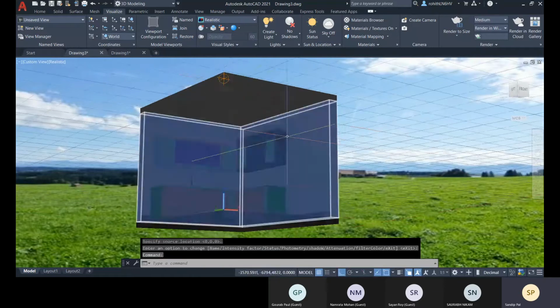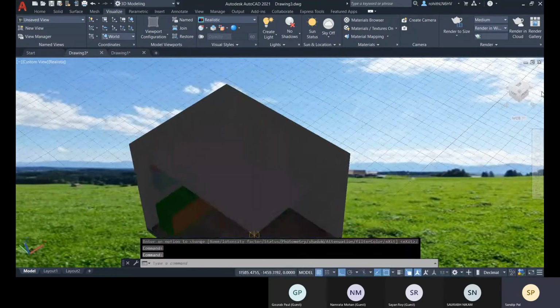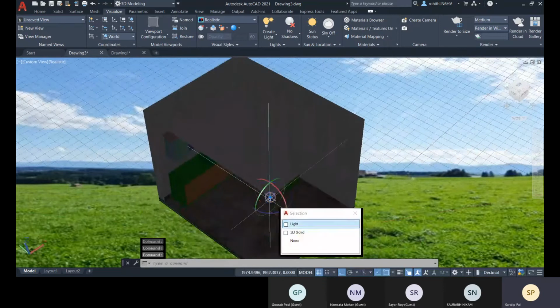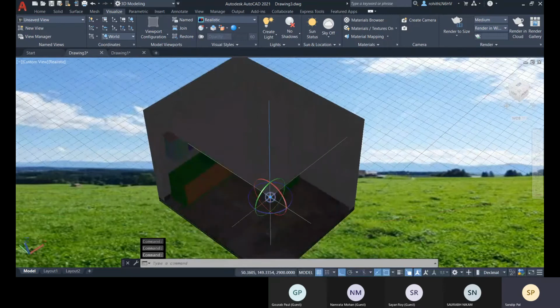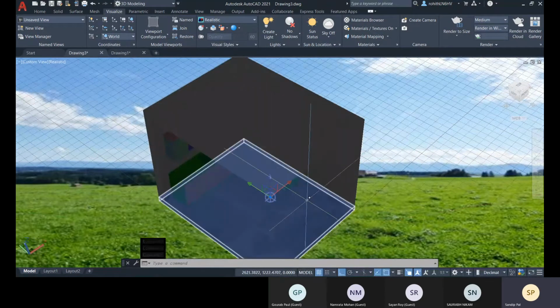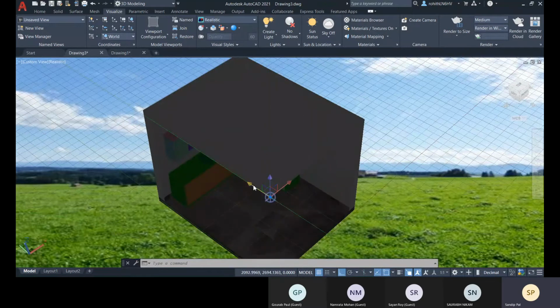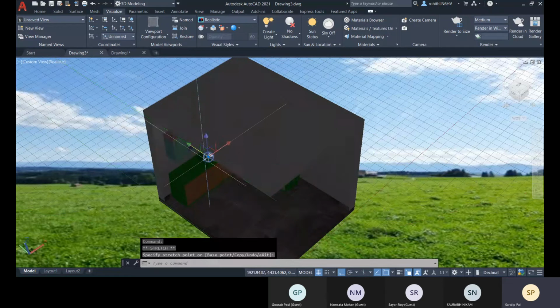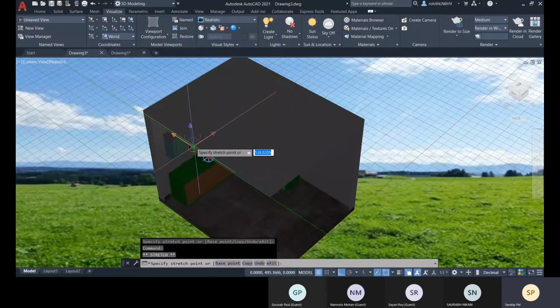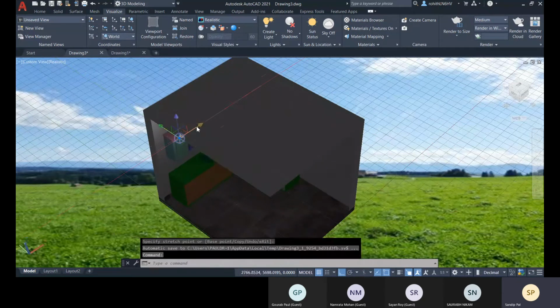Okay, and then I'll select it, and then I'll place it with this move gizmo. Over there, let me place it over there.